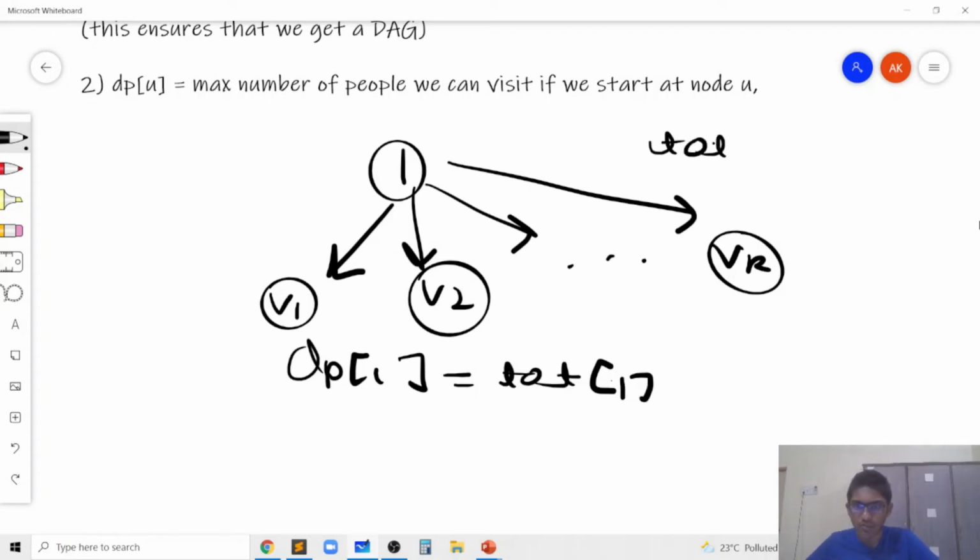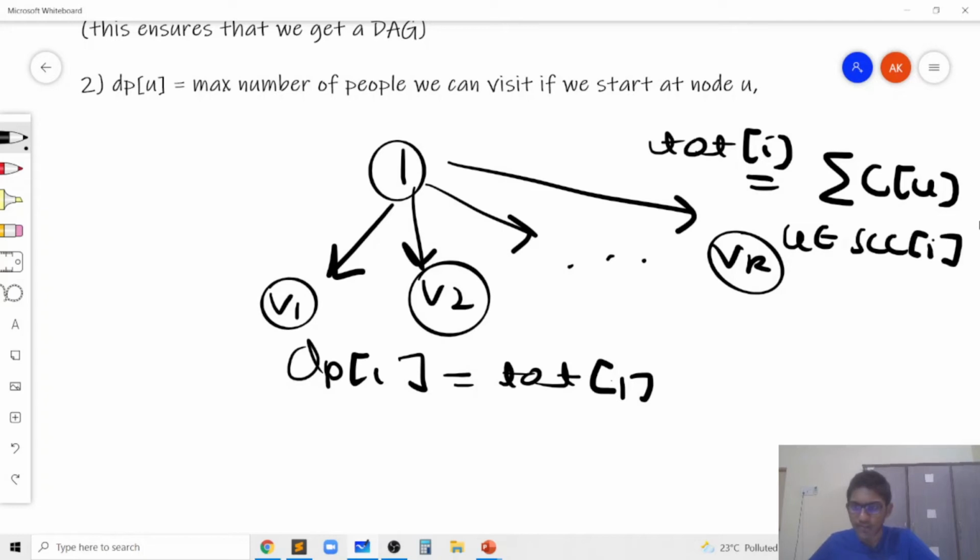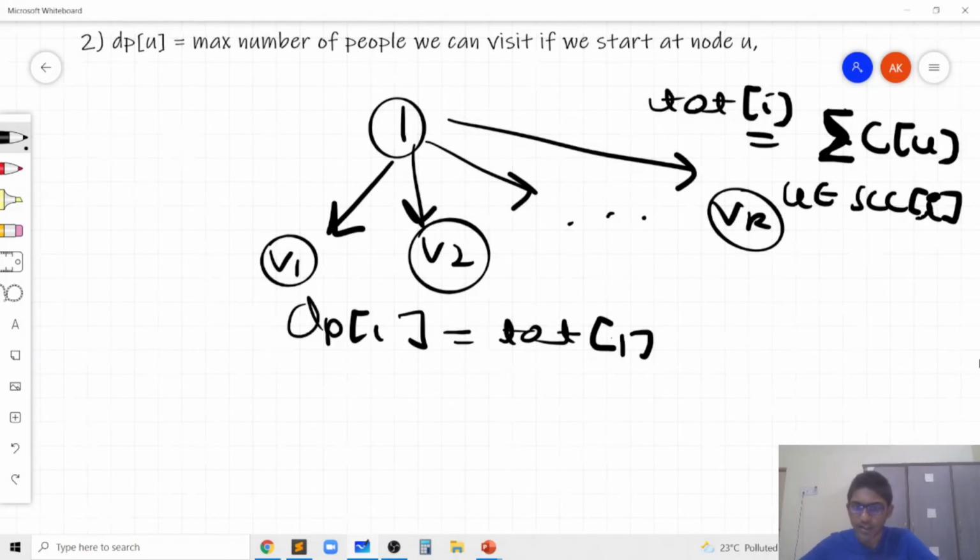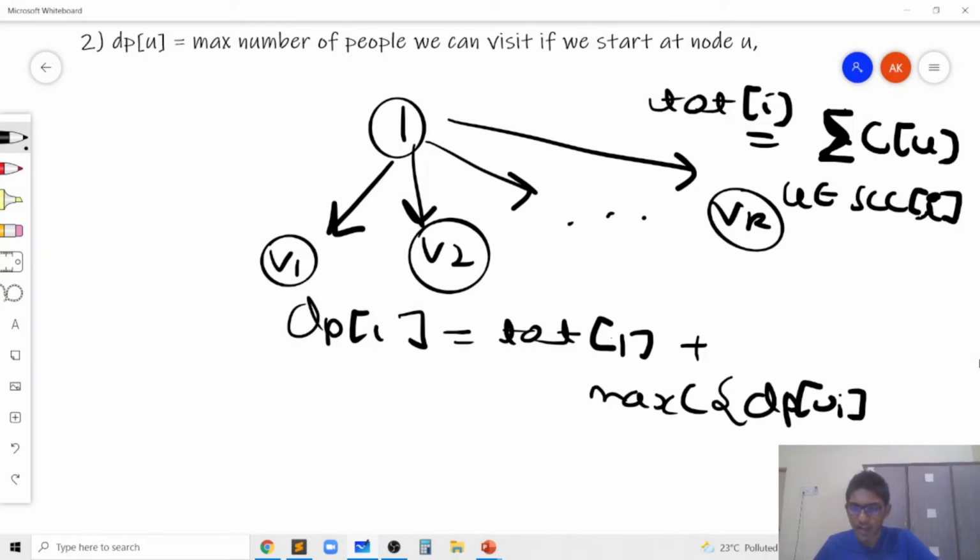So let's say tot of i represents the sum of all c of u, u belonging to a strongly connected component of node i. So basically all those nodes which have the strongly connected component number i, we'll add up the c of u values for all such nodes u and get tot of i. That's why initially dp of 1 will be tot of 1, and it will basically be tot of 1 plus the max of dp of vi for i going from 1 to k,